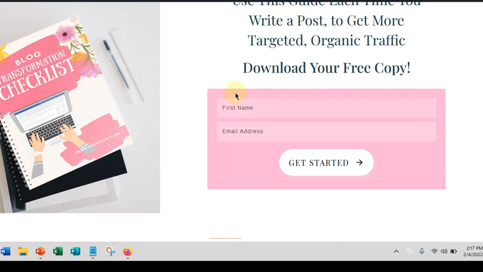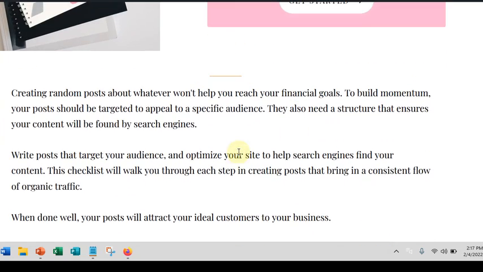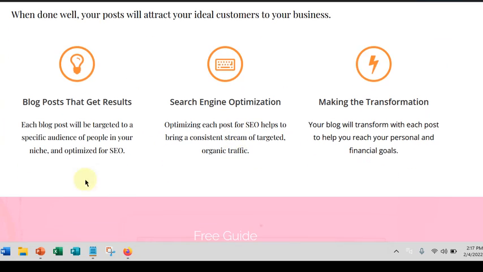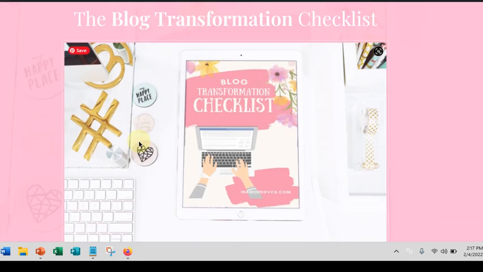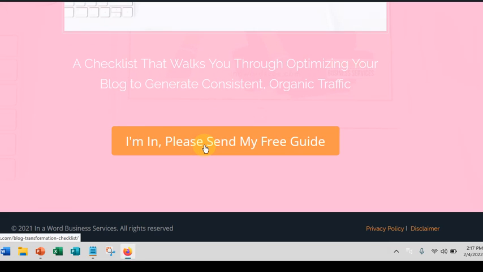So if they enter their first name and their email address, they can get this checklist that will help them be more successful in their business. And then this gives them a little more information about it, the things that they want to get out of using this freebie. And then there's another picture of the freebie, and they can also click on this button,